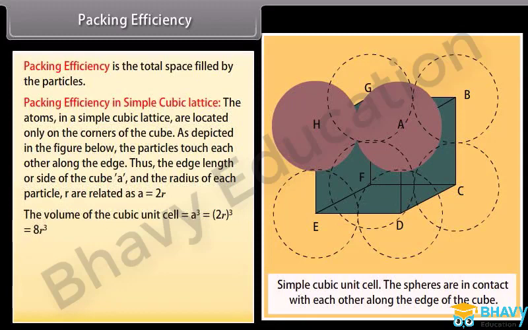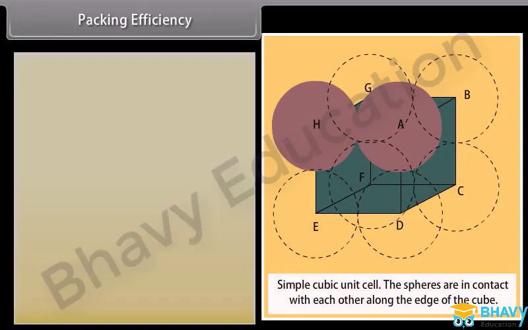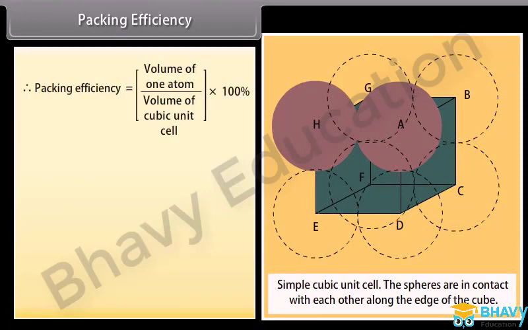The volume of the cubic unit cell is equal to a cube, which is equal to (2r) cube, which equals 8r cube. Since a simple cubic unit cell contains only one atom, the volume of the occupied space is equal to 4/3 πr cube. Therefore, packing efficiency is equal to volume of one atom upon volume of cubic unit cell × 100%, which is equal to (4/3 πr cube)/(8r cube) × 100, which is equal to π/6 × 100, which equals